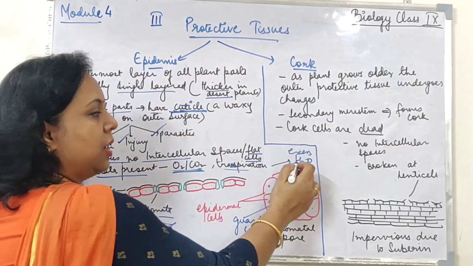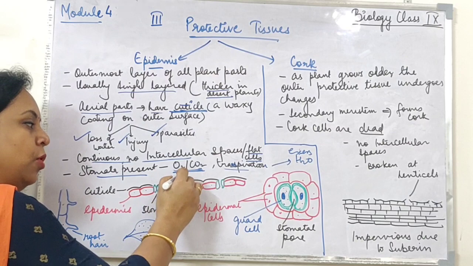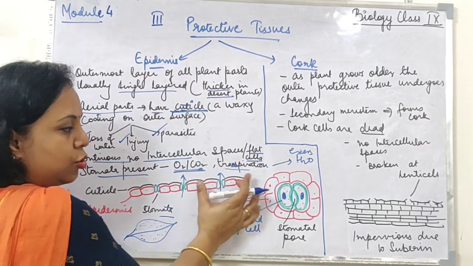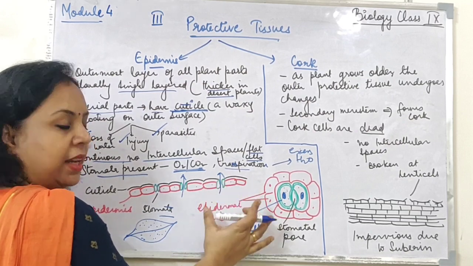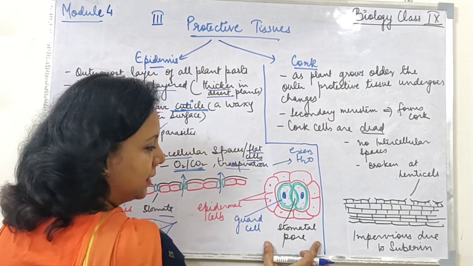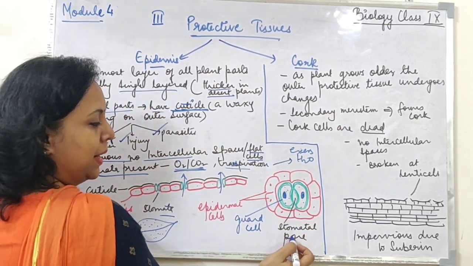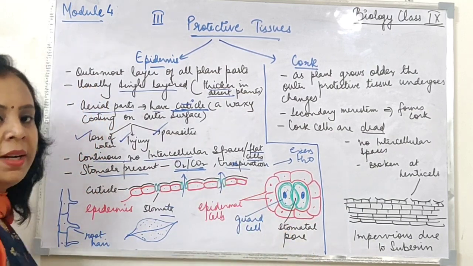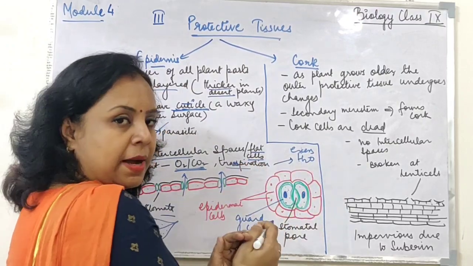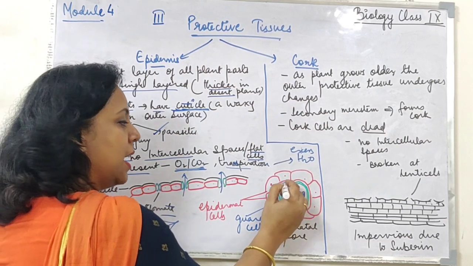Now this extra water is removed from these pores and they are known as stomata. If we just zoom out, let us magnify this a little, so from the top it is going to look something like this. I have zoomed it. These are the pores, stomatal pores, and the stomatal pore is guarded by, it is surrounded by two cells which are known as the guard cells.